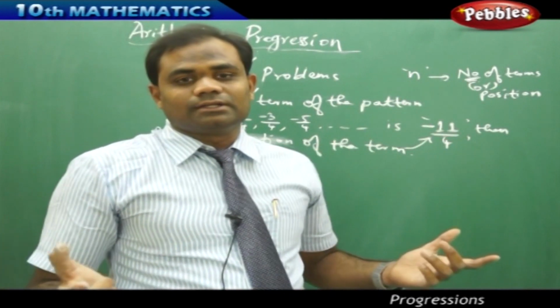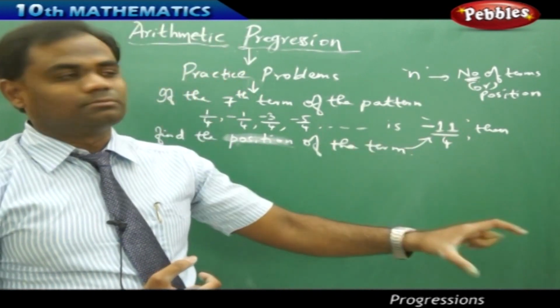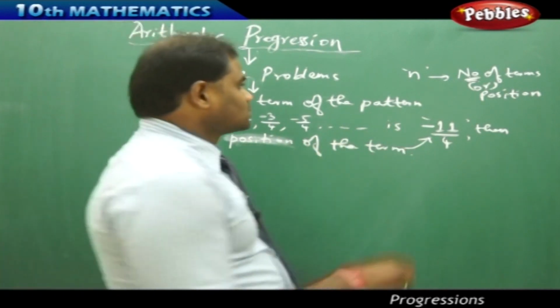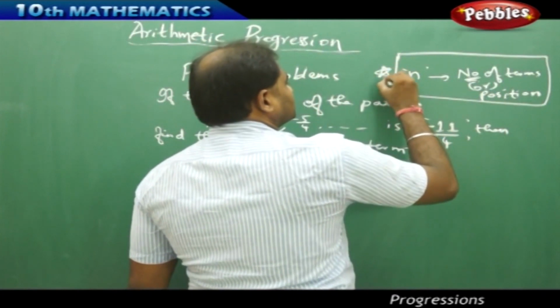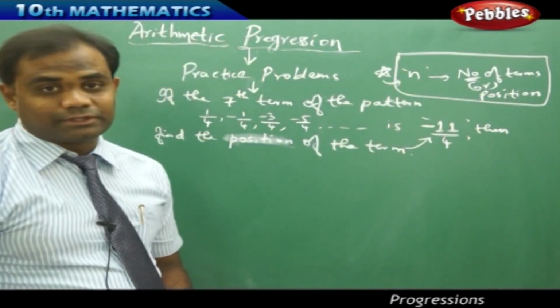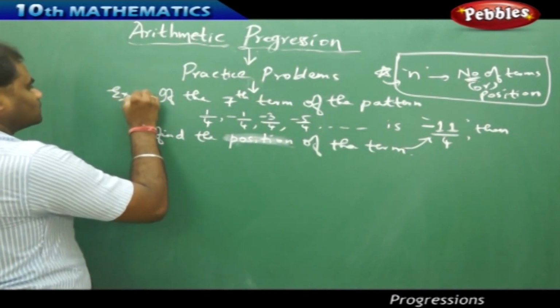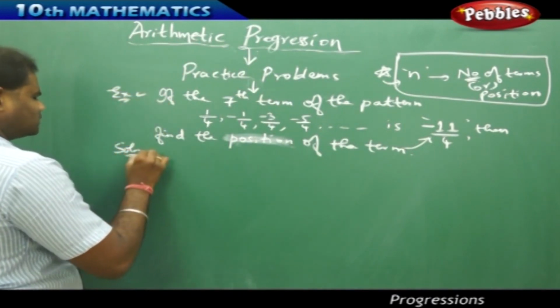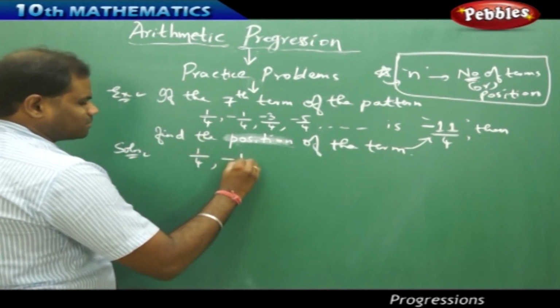If n is 17, it is the 17th term. That is how we identify the position of the term in the sequence. So n stands for the number of terms, or the position, which is what we conclude through the definition of n. Therefore, let's take the solution of this. So the given sequence, when taken separately,